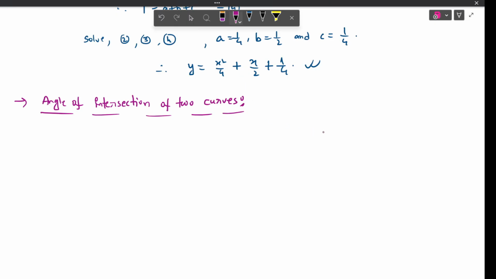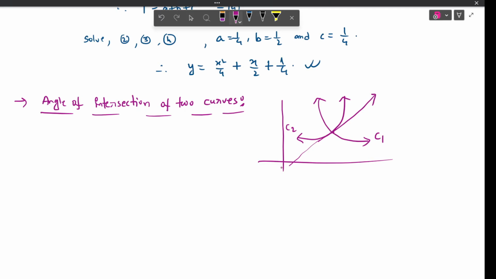Okay, so let us say we have two curves, one curve this and one curve this. Let us say this is our curve 1 and this is our curve 2. Let's draw a tangent through this curve